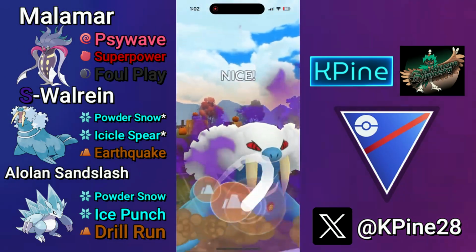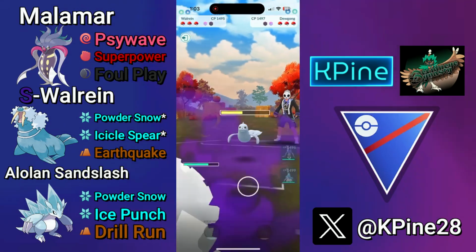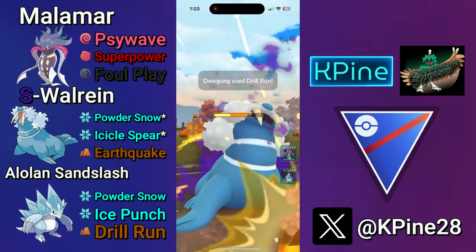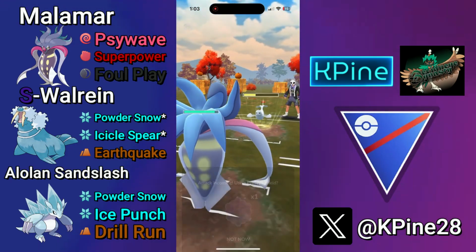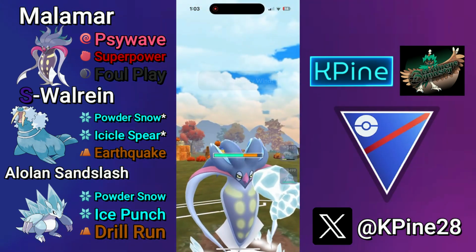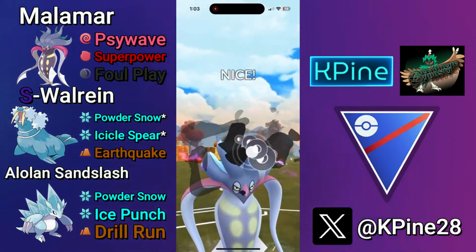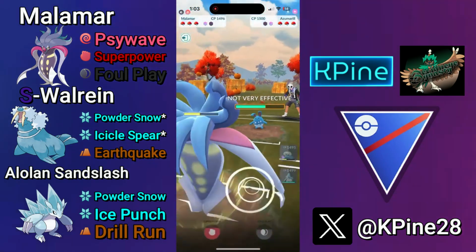And now we outpace to a 2nd Earthquake, which is fantastic, because we get their first shield and then land a 2nd shield before they're potentially going to Icy Wind debuff us. But it's a Dugong. Icy Wind's double resisted, so they're most likely going to be going for that Drill Run. Either way, we want to save our Walrein. We save our Walrein for later, since they brought the switch timer back, knowing that, hey, they're going to be able to maintain switch of the Dugong onto the Shadow Walrein,